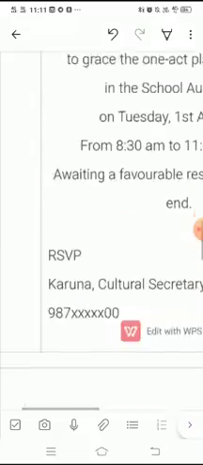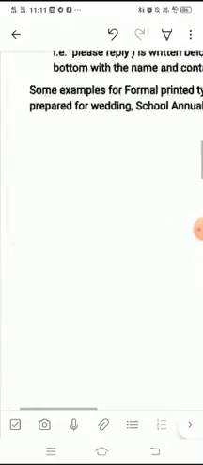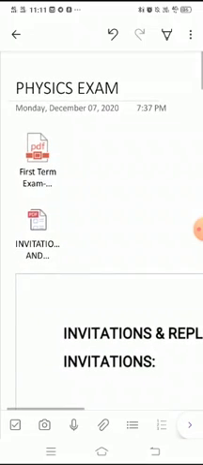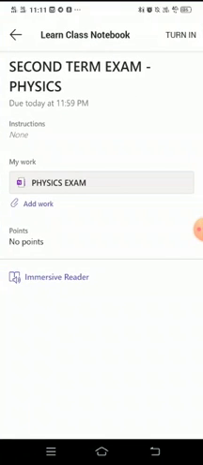But then the process is incomplete. It is not all over. So don't think that after you follow this step, it is all done with. No, one more thing is left. For that, you have to go to the previous page from where you have taken this physics exam question paper. On the top right hand corner, you can see the turn in option.